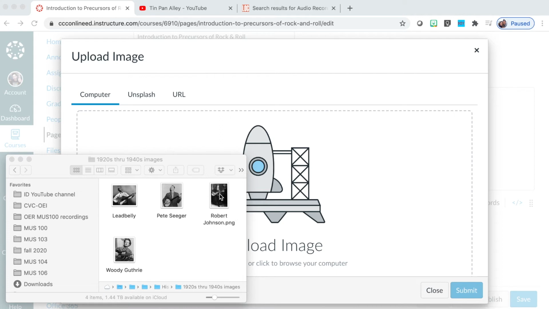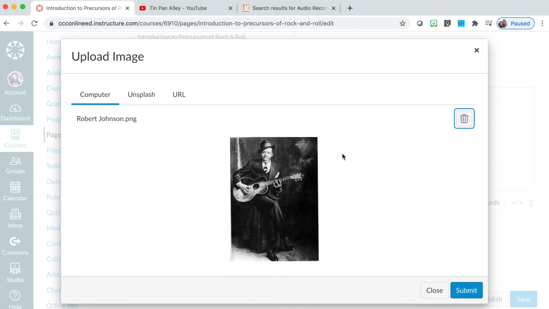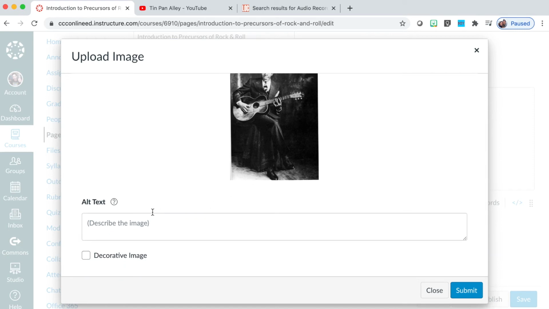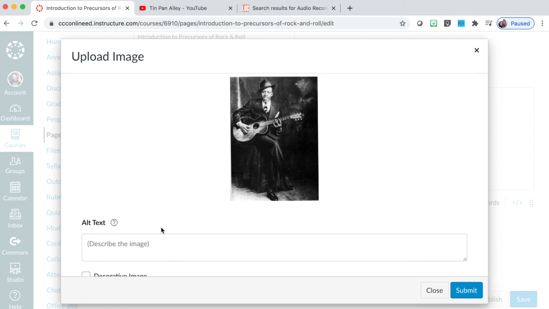I will select my image of Robert Johnson, and I'm just simply going to click, hold, and drag into the field. Now that I see the image is there, I will go ahead and add the alt text.